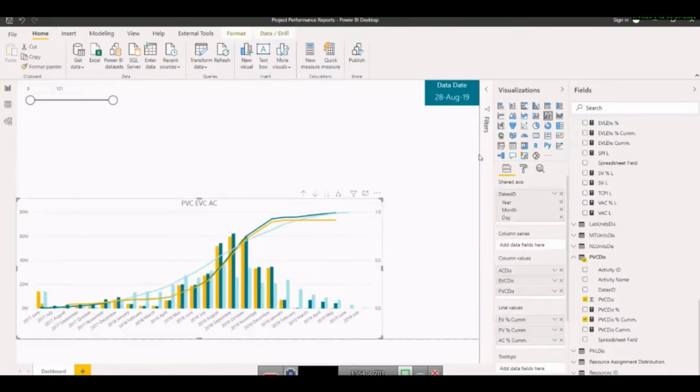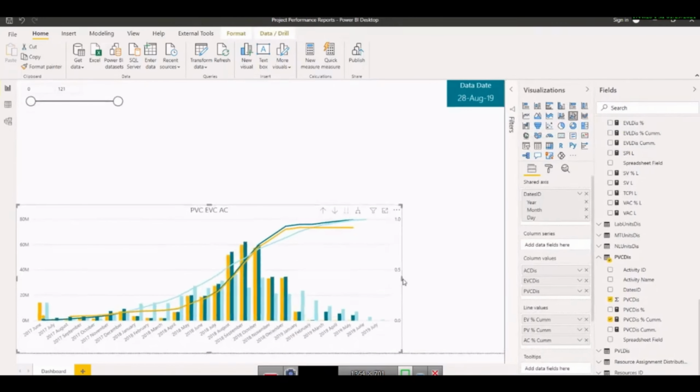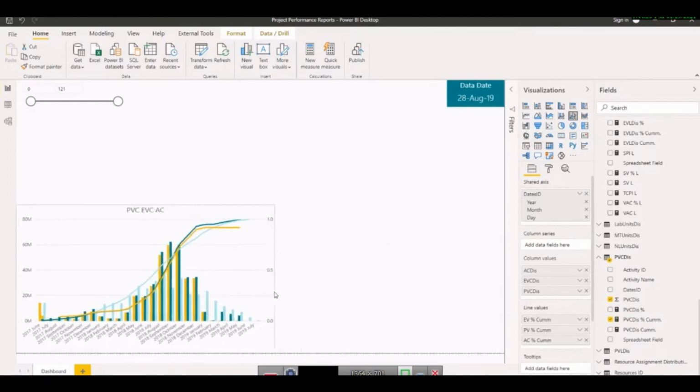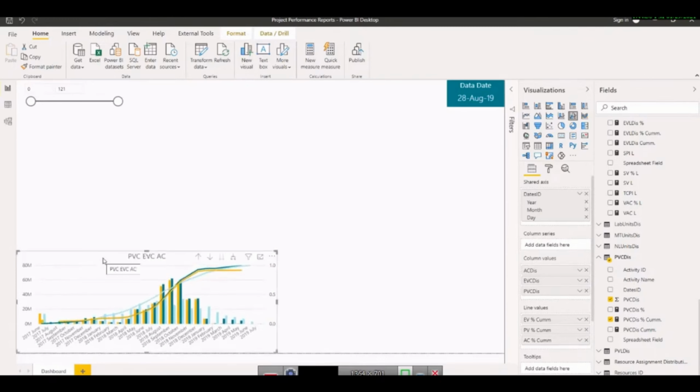So if I just make it a little bit there, sorry, this one, yes, so this becomes my cost base. Okay, this dashboard. Or if you feel that you need to make all the dashboards separately,